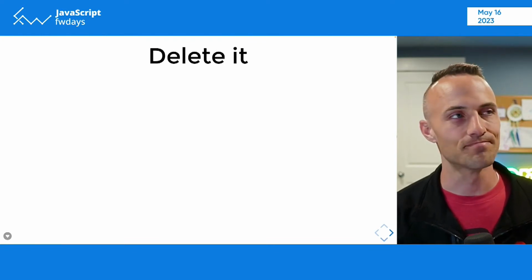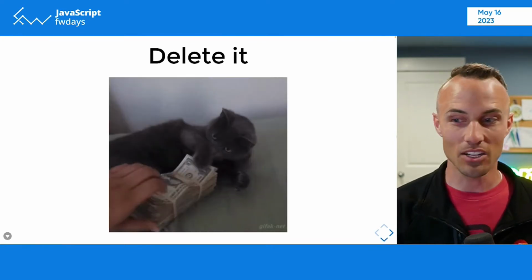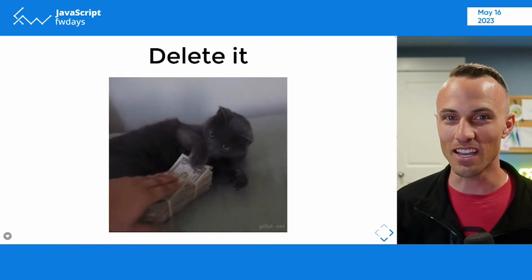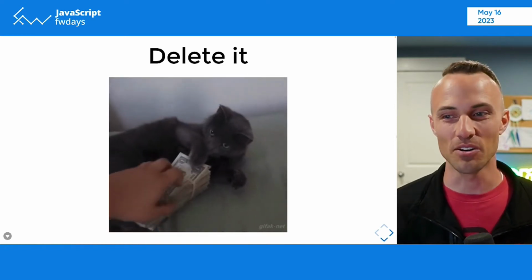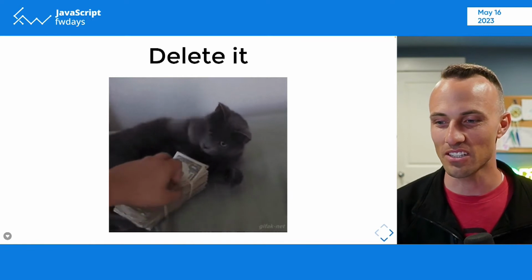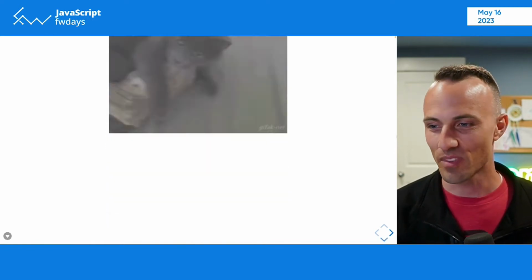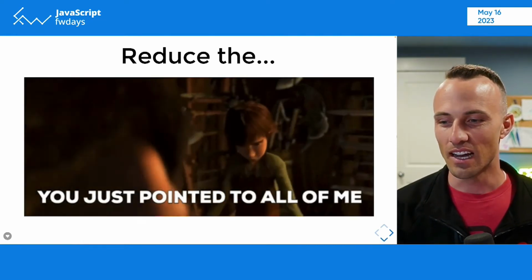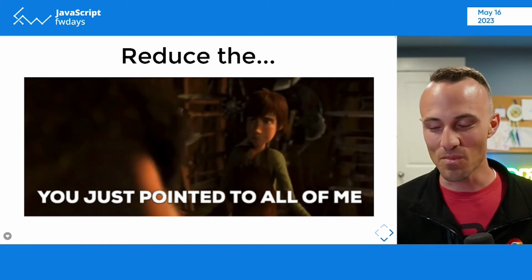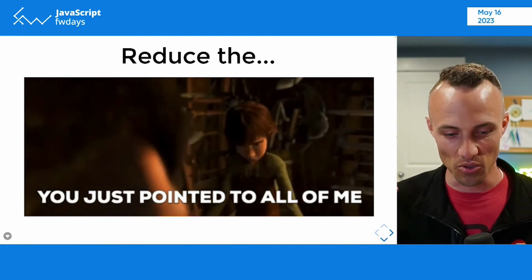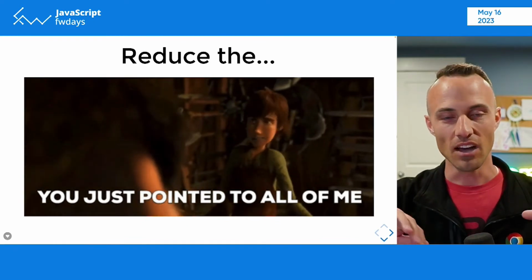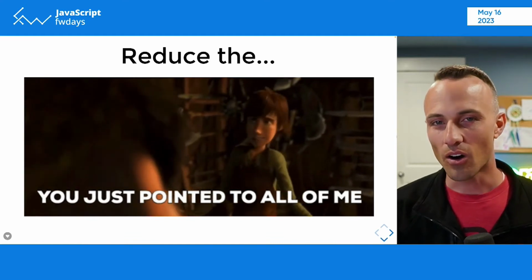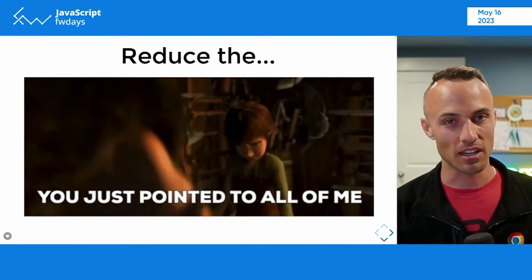First, deleting it. I don't know about you, but I enjoy my job. I like making money so I can eat, and so don't take my job from me. We can't delete it most of the time. Sometimes we can, but most of the time we can't just delete our product. We need to have a job. So let's talk about reducing the stuff that our code is doing. Most of the time, that's almost everything that we're doing. There comes a point where you can't just reduce all of the things that the code does until you ultimately delete it all. So we can't always reduce it, but I want to emphasize these points first before I get into talking about caching,